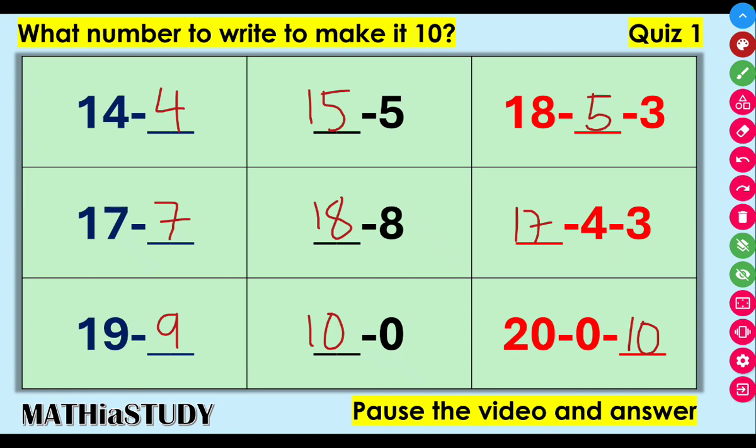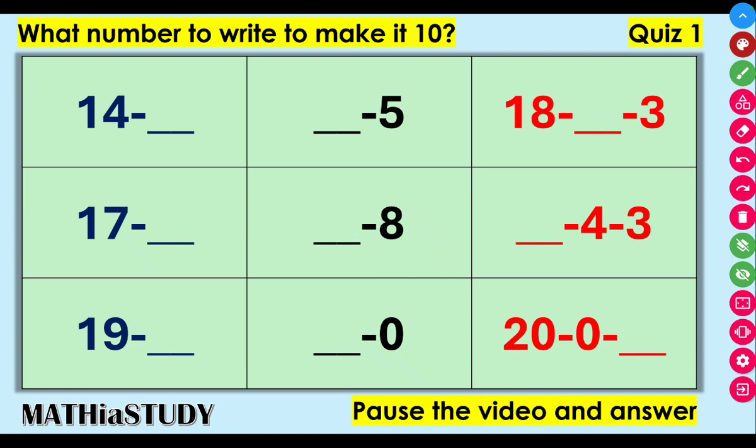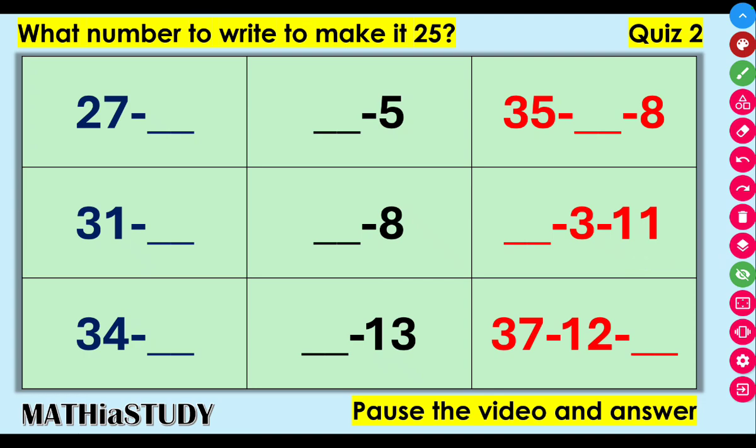Okay, let's move on to quiz number 2. What number to write to make it 25? Please pause the video again and try to answer. Okay, let's start. 27 minus 2 is 25. 31 minus 6